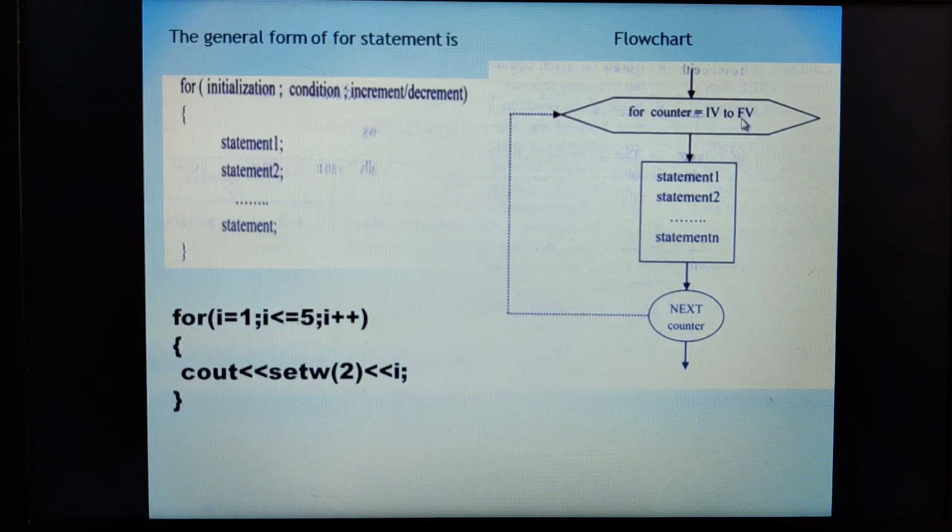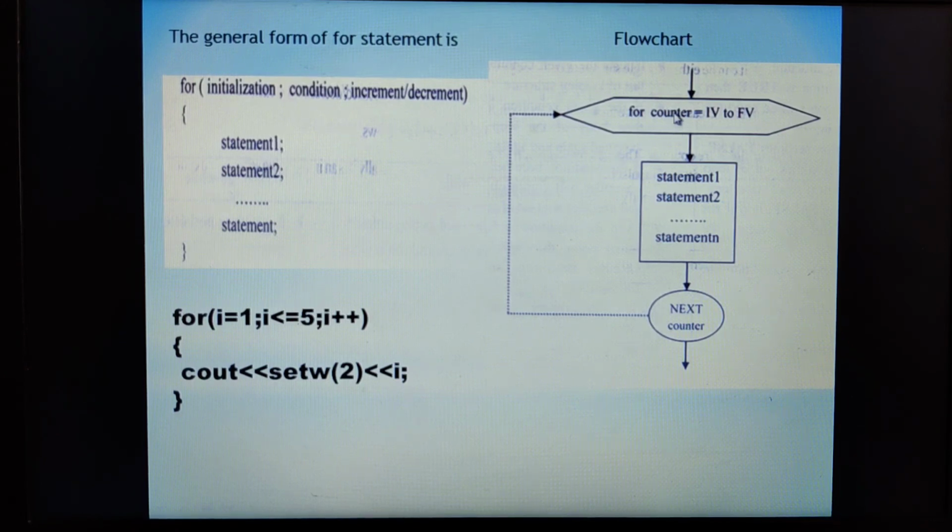Till this particular condition, all the set of statements will be executed. Now, once the set of statements are executed, if the condition is true, then the repetition takes place. If the condition becomes false, when I becomes 6, the condition becomes false. Therefore, where does the control go? The control goes to the next statement. I hope children you are able to understand.